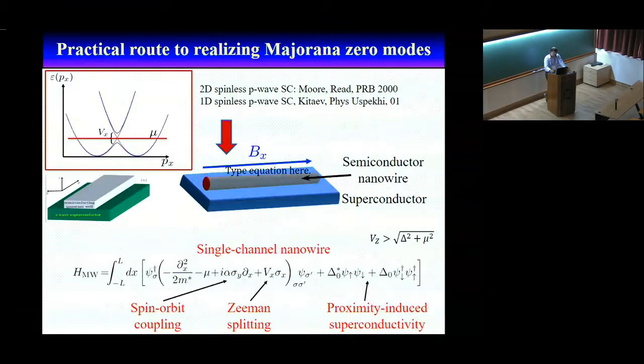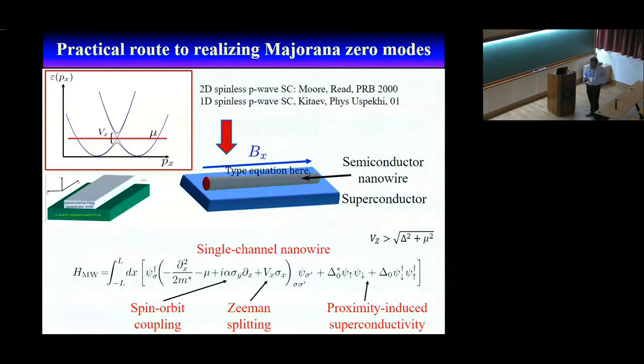for those of you who are not 100% familiar with what is going on here, the nanowire electrons have strong spin-orbit coupling, and because of that, their band structure is going to be given by the two shifted parabolas. It's a very well-known band structure of electrons in the presence of spin-orbit coupling. Then you apply a Zeeman field, which creates a gap at k equal to 0. Then somehow you have to manage to constrain your chemical potential within the gap. And if you can manage to do that,